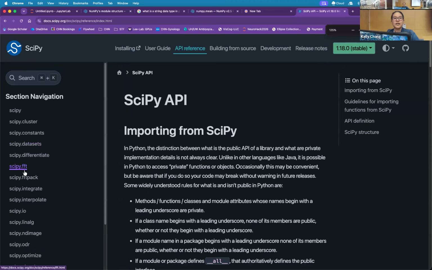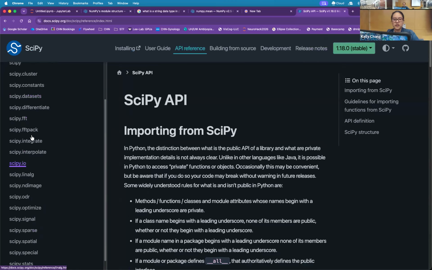Let me make this bigger. SciPy.fft, so Fourier transforms are in here. Integrations, interpolations. If you don't see it in NumPy, it's probably in SciPy. If it's not there, it's probably in another package that calls another package. At that point, I would Google. I would start asking, is there a package for image convolutions? Yeah, probably. Is it probably a subpackage somewhere? Yeah, probably. Some of the really big names have iconic package names, so there usually is the word pi in them. If I see the word pi in it, I usually trust it, which is a bad habit, but you can always ask one of us if we've used it before.